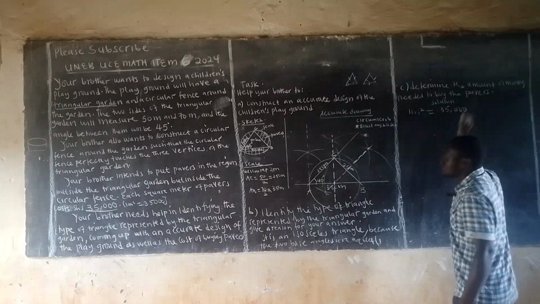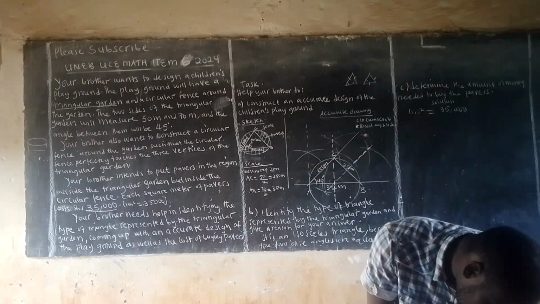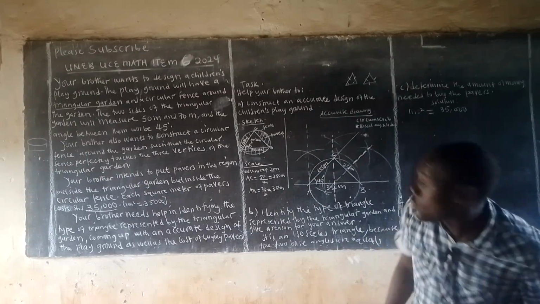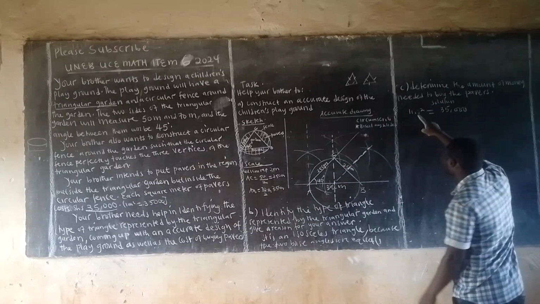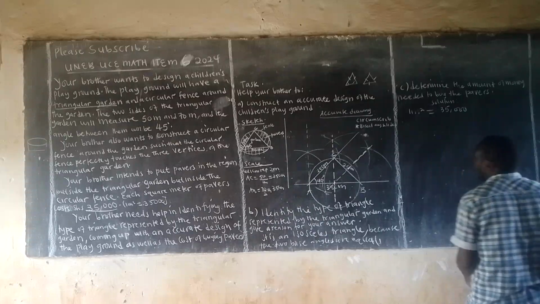35,000. Anyway, I'm not sure of this. Let me check. Okay, yeah, 35,000. So 1 meter squared is equal to that. And you look at this. Which unit is this? This is a unit for area. So therefore, it means that you have to come and get the area of